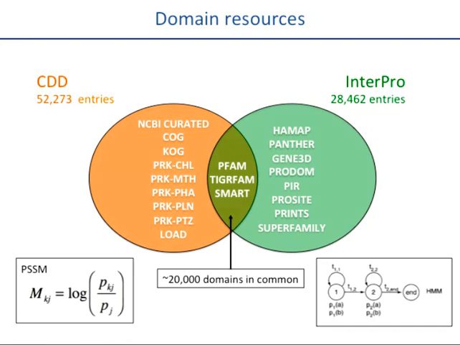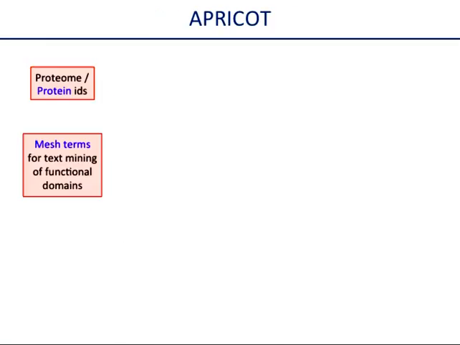The reason behind the use of these two data sources is that there is only a small set of domains which are in common between these two. Also, the tools that they use, the algorithms of PSSM and hidden Markov model, are completely different from each other. PSSM is very suitable for the domains which are majorly ungapped, whereas hidden Markov model also works well with the gapped motif. So now I'm going back to the pipeline, where two input sets are given by the user, one